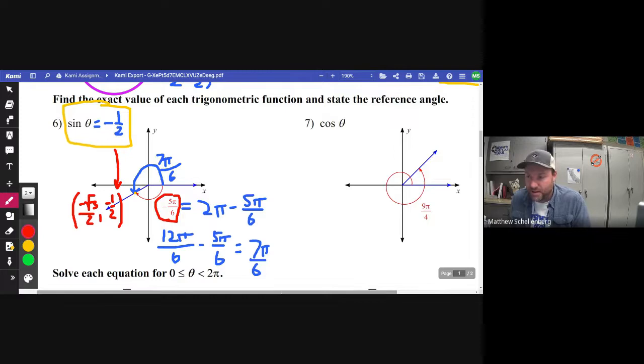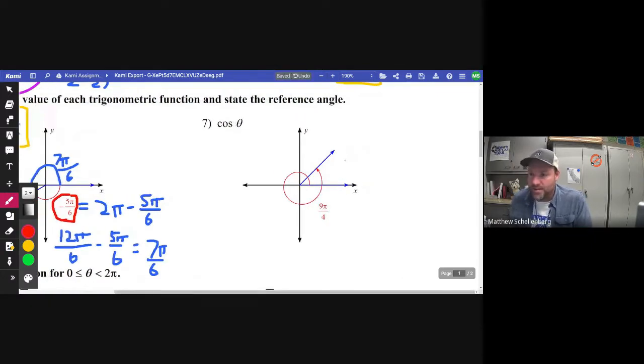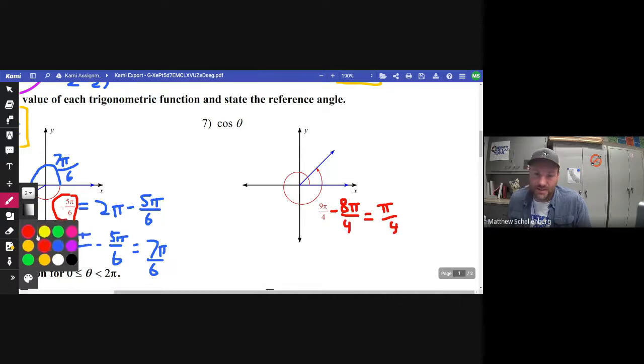Okay, number 7. 9 pi over 4. Well, as you can see from the rotation, it went all the way around and then a little bit more. And if you know that 2 pi, if you can just convert 2 pi and change the denominator, you can just say, well, this is 9 pi minus 8 pi over 4, because 8 pi over 4 is 2 pi. And this leaves me with pi over 4, so I have my reference angle. And then you just look at your unit circle, and you see, oh, at pi over 4,